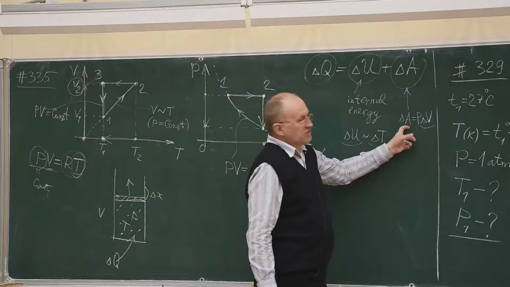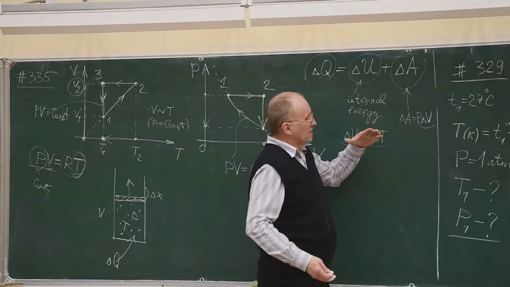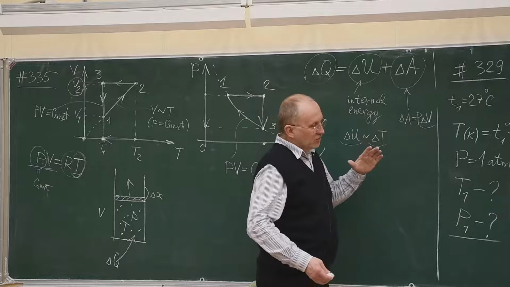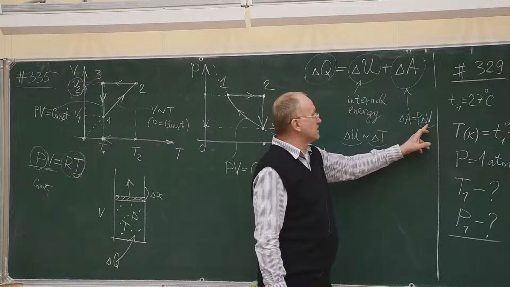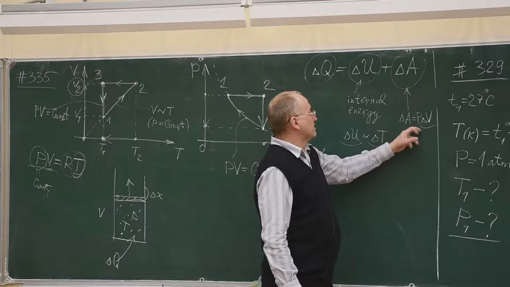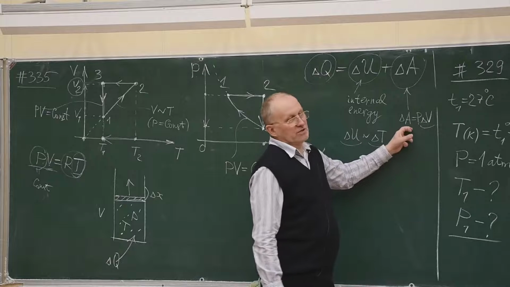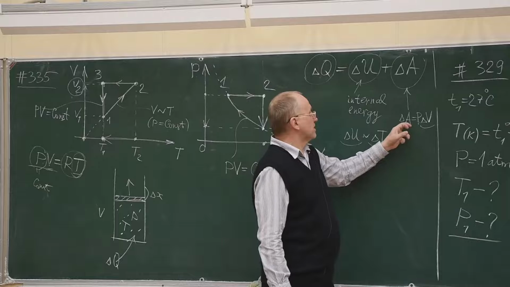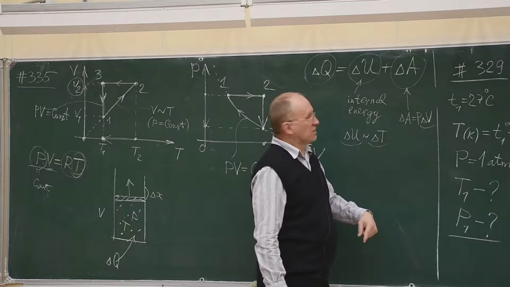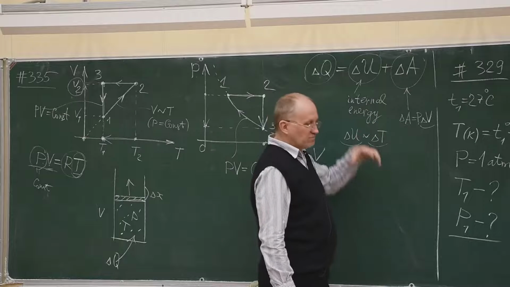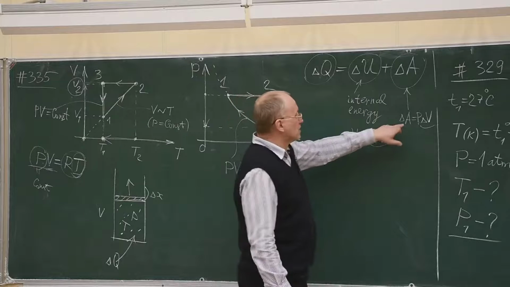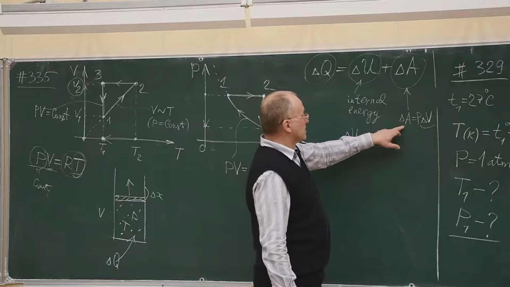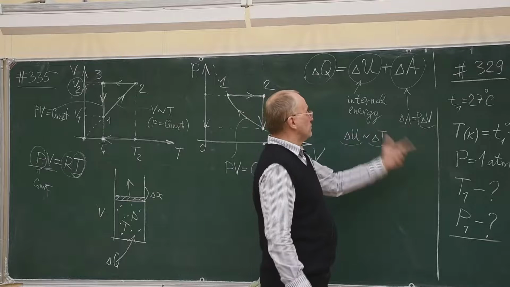But sometimes the gas can be pressed and the volume will be decreased, and so delta V, the change in volume, will be negative. In this case, we say that the gas produces negative work. Actually, in this case, we produce some work on the gas by pushing the piston, by compressing the gas. External forces produce positive work on the gas,